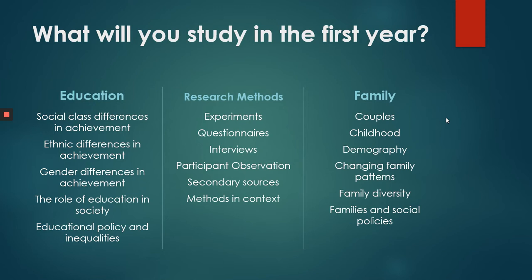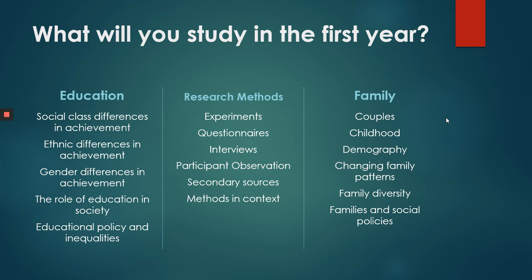Research methods. As you can see, we'll explore various research methods from a sociological perspective. We're going to look at validity, so an insight into why people behave the way that they do. So, a gang, which forms part of the criminology topic in year 2, it would be better for me to go and do a participant observation covertly, so undercover, rather than hand them a questionnaire to find out, for example, why they joined a gang.